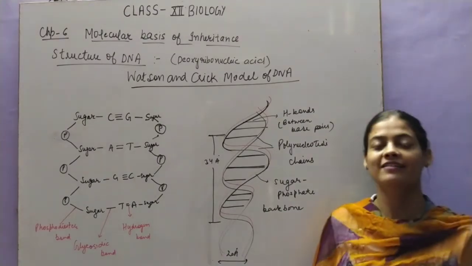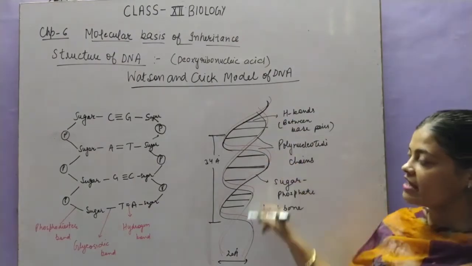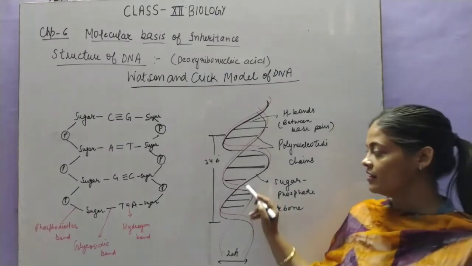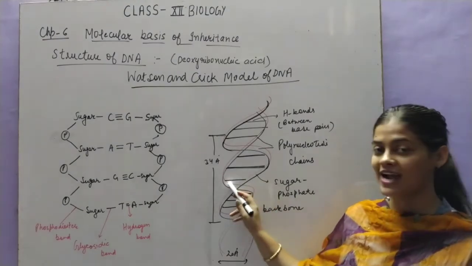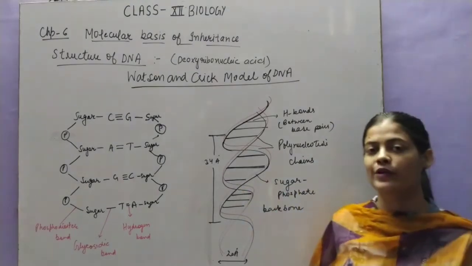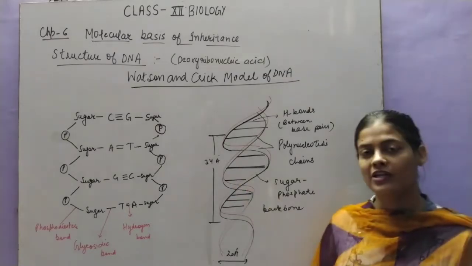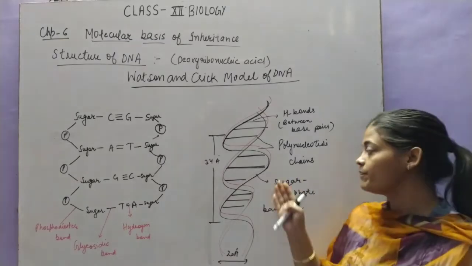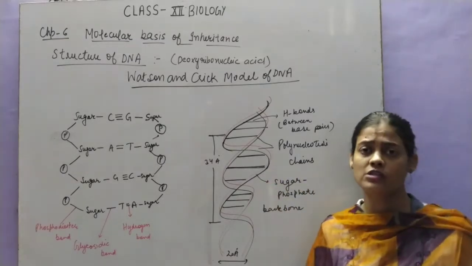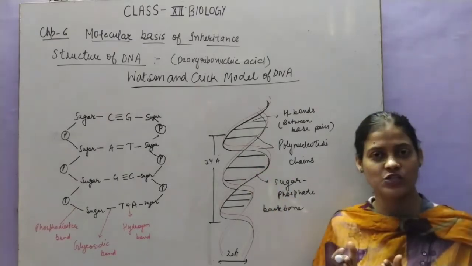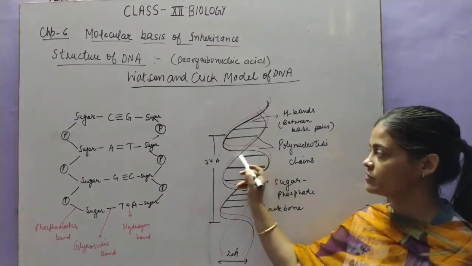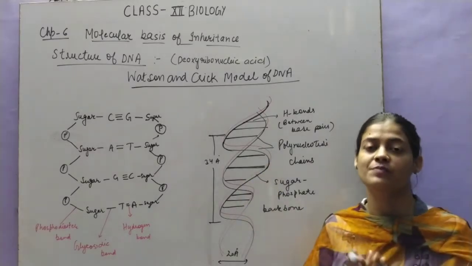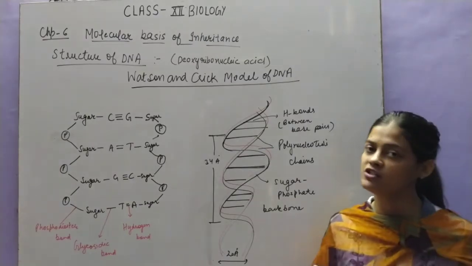So let's see the Watson and Crick model of DNA. So here I have shown the double-stranded, double helical structure of DNA. These are the 2 strands of DNA which are called polynucleotide chains. इन दोनों को क्या बोलते हैं? Polynucleotide chains. And they are present in the helical manner and they overcross each other. These 2 are bonded with each other due to the presence of these dark color hydrogen bonds which are there between the nitrogenous bases of the 2 polynucleotide chains.